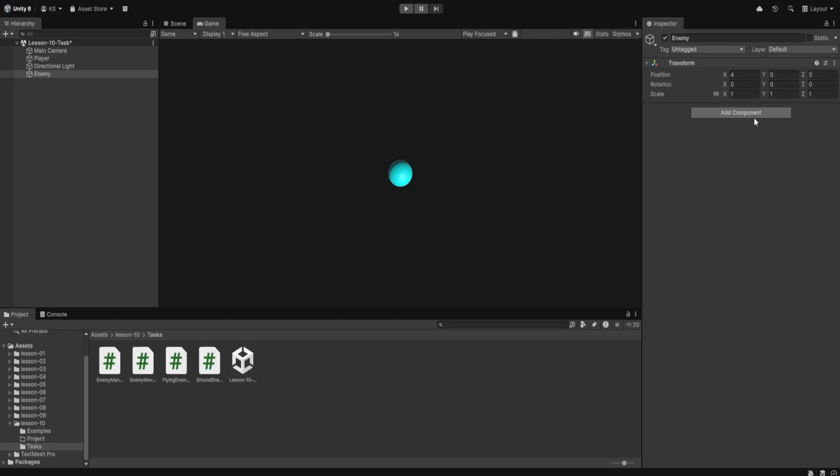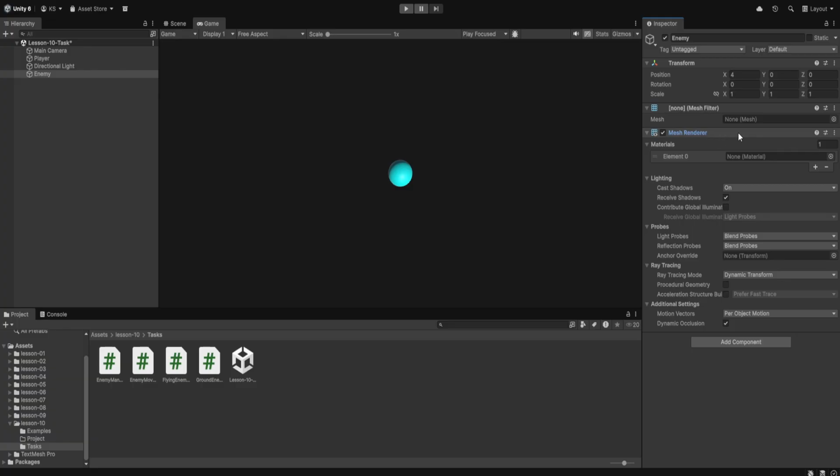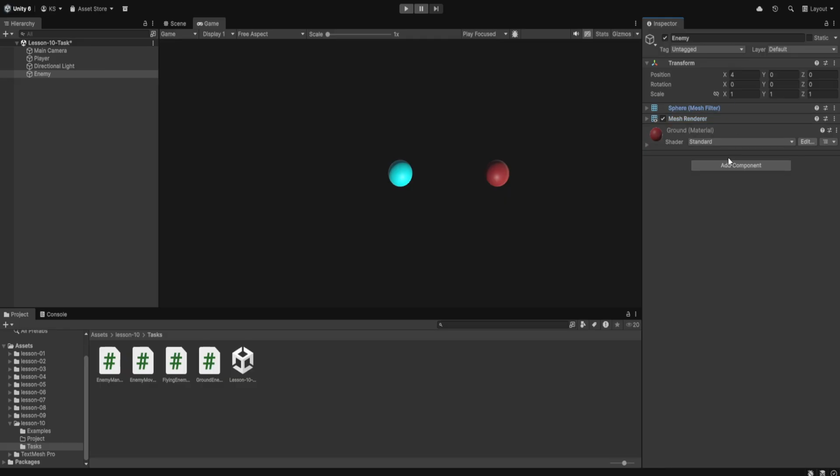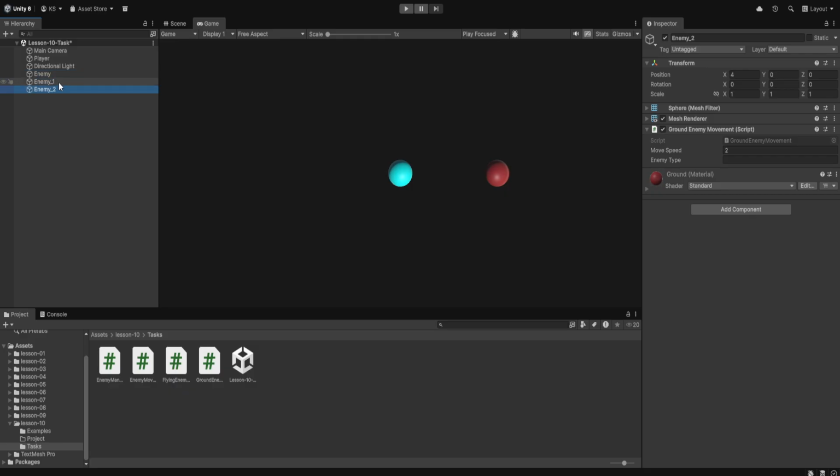So let's create a mesh filter and a mesh renderer. There is not going to be any collision with the enemies, so we can just leave that as it is. But we are going to need to attach the ground enemy script. Let's set the move speed to be 2, and we can duplicate this ground enemy multiple times and position them randomly in -4 to 4,